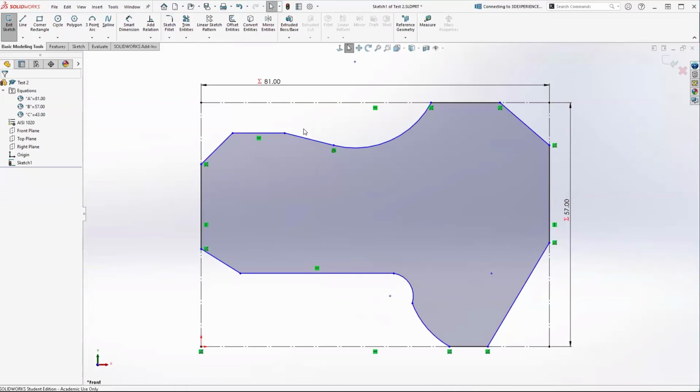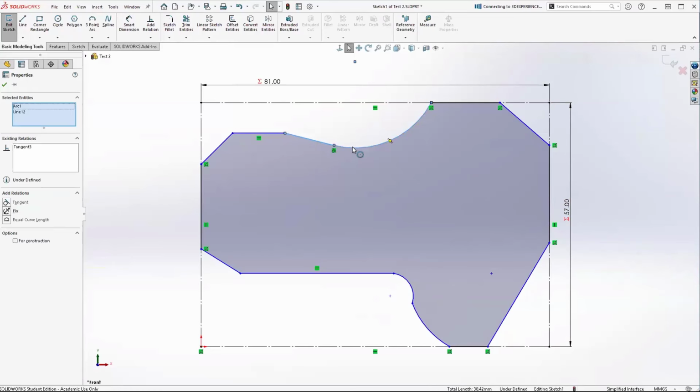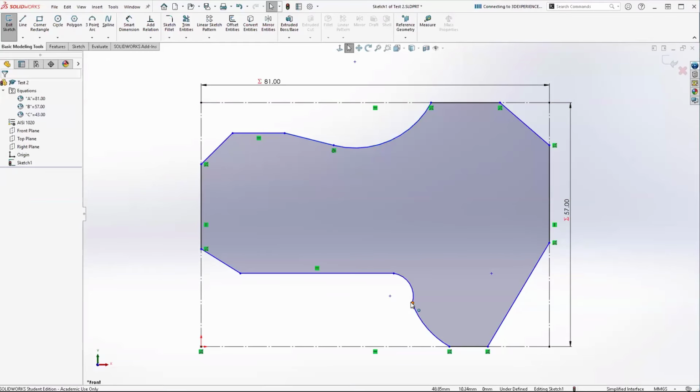One key thing I want to talk about before we jump to the next section, and we can do another one of these in the future if enough people want it. But when you're working with these individual relations, I always hold down Control, click the two I want, and if I don't move my mouse and let go of Control, it actually pops up right next to my mouse. Now, the cool trick too is if you want to add